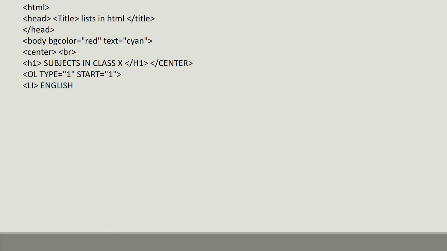English will come. Then next was your Hindi. Again LI, Hindi and Sanskrit. Here there is no need of giving the BR tag. Break is not required. Automatically it will jump to the next line. Third one was your maths, and fourth one again LI with science. Now here you see 1 2 3 4 will be the output. After typing, you can just save your file. You can see here 1 2 3 4 will come. There is no need of writing your entire HTML and then seeing the output one after another. You can see it without closing, without finishing your HTML page also.